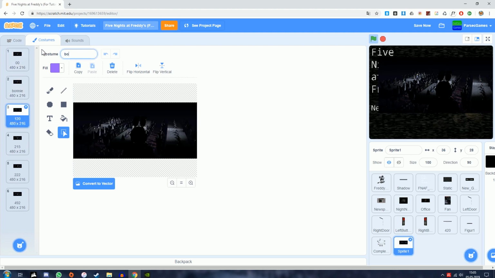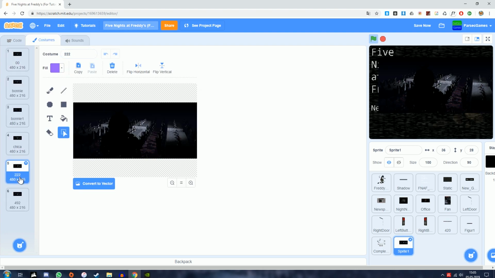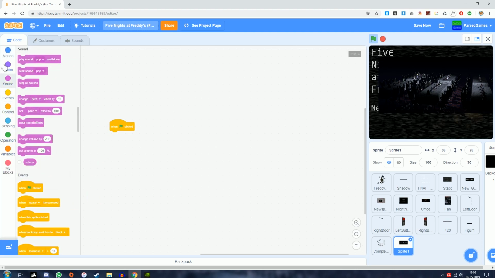This is going to be Bonnie 1. This is going to be Chica. This is Chica 1, and this should be Freddy. Okay, so now we have these, and now let's, as always, every single sprite does this basically, that when you